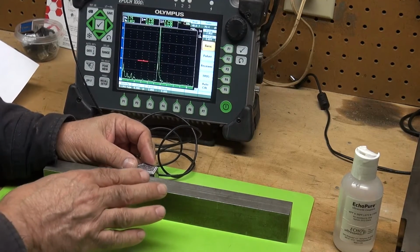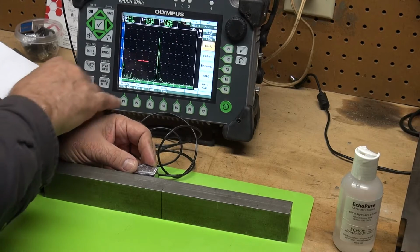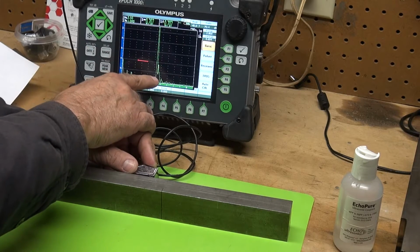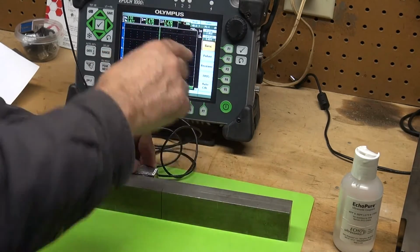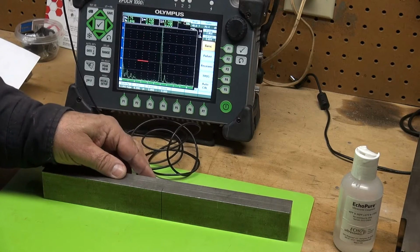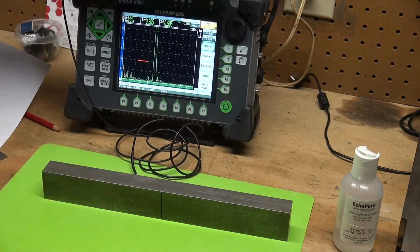I've calibrated my machine using an IIW block, and I set up my full screen width as 2.8 inches. The reason I did that: at 45 degrees, 1 inch thick, the full V-skip is 2.8 inches. My ID would be mid-screen, and then the top of this bar would be out here at the very end. So for simplicity's sake, I'm going to just lay this transducer down,